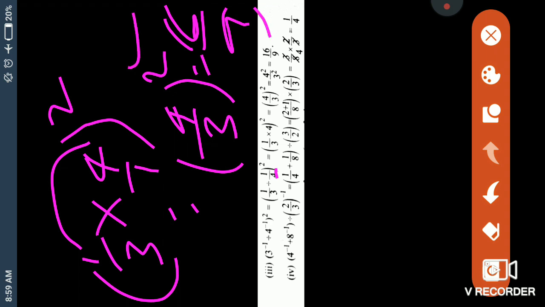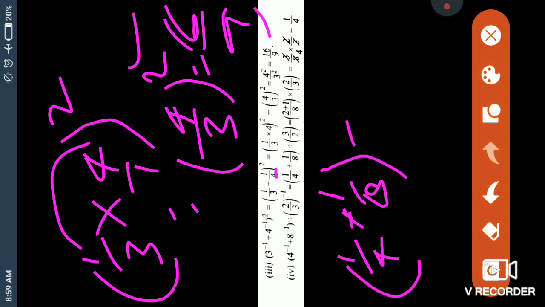Look here, this is the second question. 4 to the power minus 1 plus 8 to the power minus 1, divided by 2 upon 3 to the power minus 1. So we will write 4 as 1 upon 4 plus 1 upon 8, then the division. 2 upon 3, we will write as 3 upon 2. Understand? And a power 1 in positive form is not written.